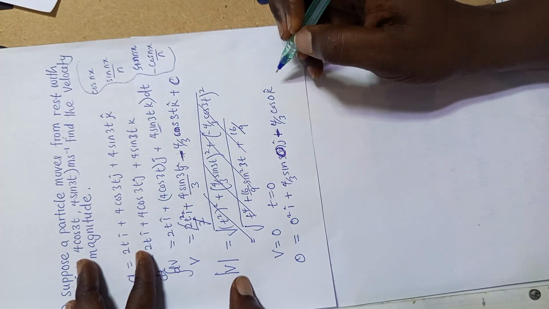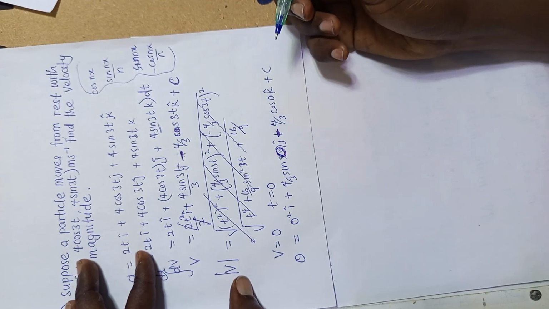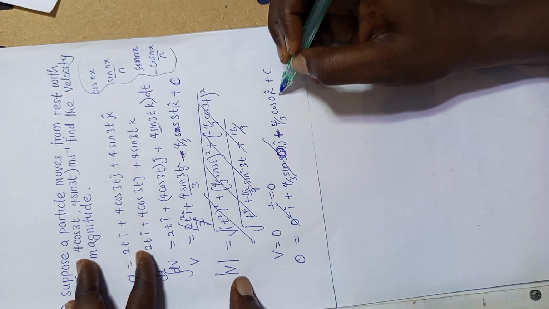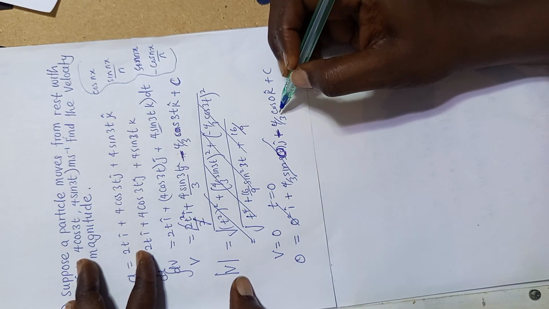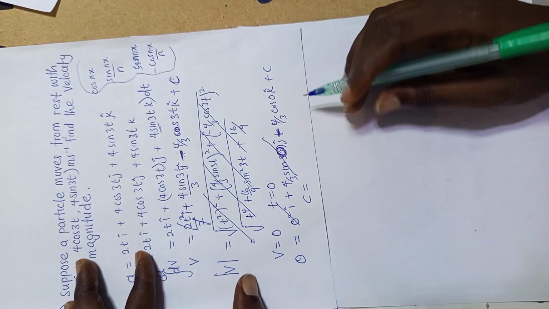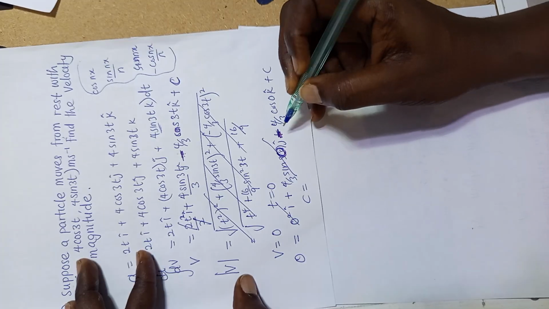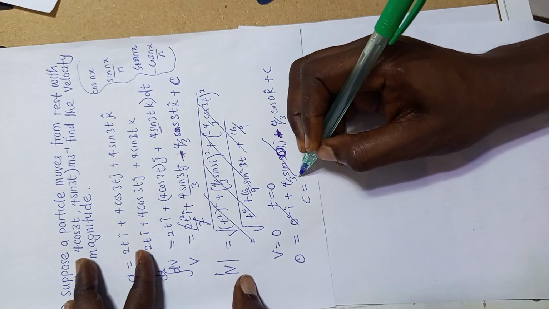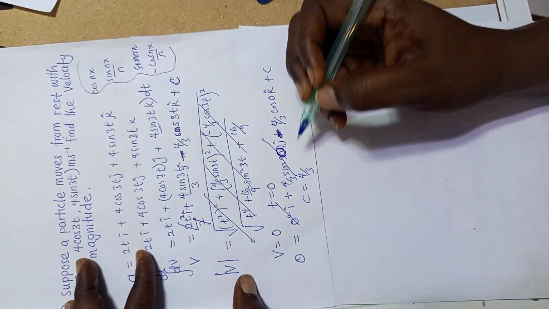So we have 0 plus c. This one is 0, this one is 0, and the only thing we are going to have here is 1. So c is, don't forget the minus, if you solve for c, plus 4 over 3